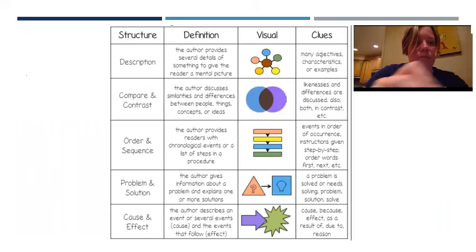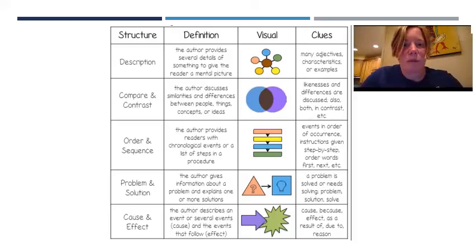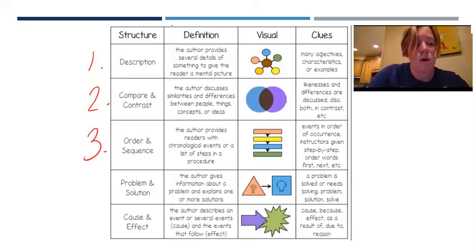All right. So to begin with, this should look familiar. It is straight out of your OneNotes and your Mr. Learn a Lot. It lists the 5 different text structures that we cover and some other information about its definition, a graphic organizer that'll help you organize the information, and then some clues. So, like I said, there are 5. You've got description, compare and contrast, order and sequence, which is also called chronological, don't forget that, problem and solution,